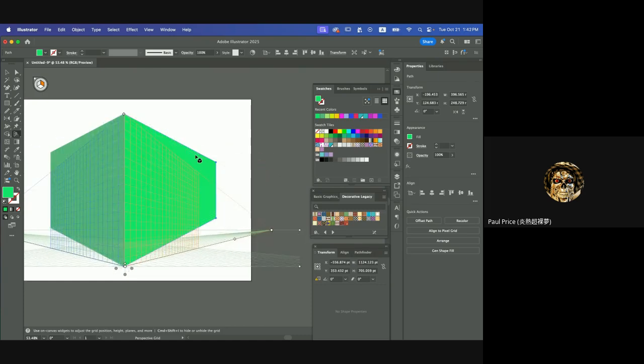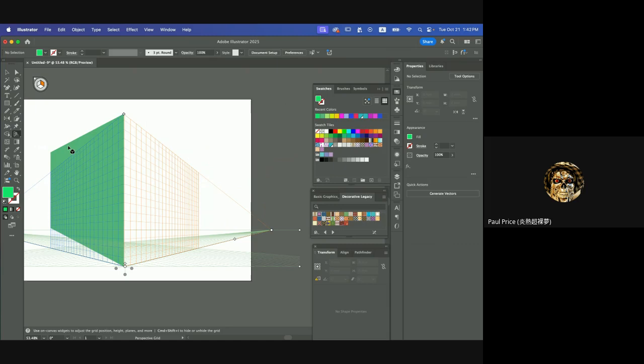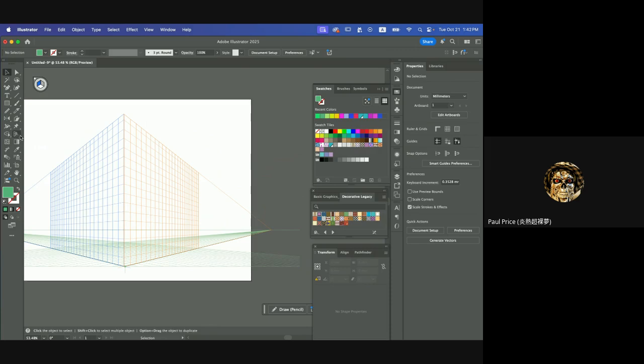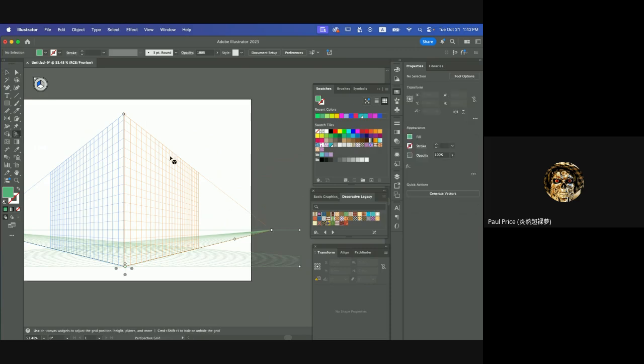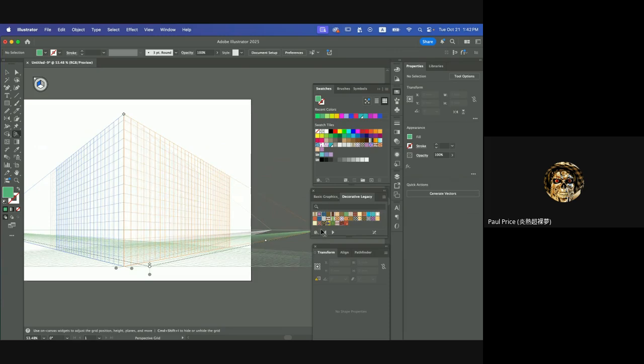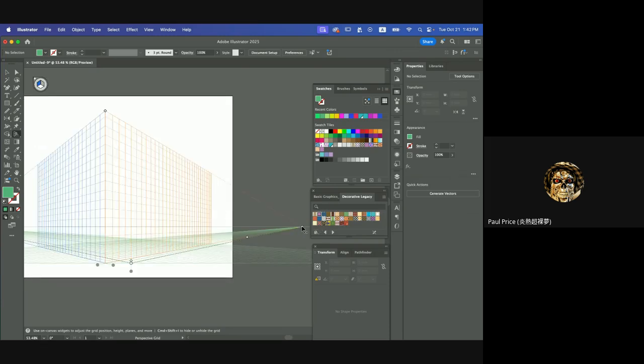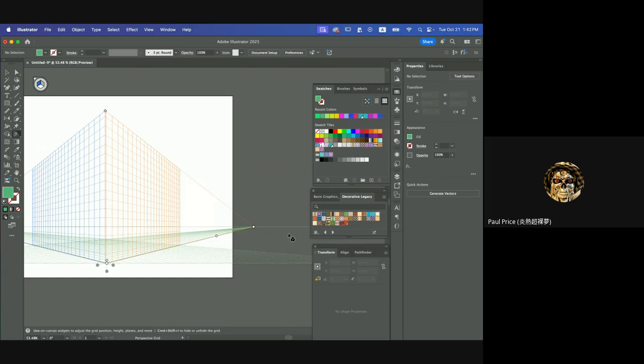Okay, if I want to cancel this, just to let you guys see what's going on. Okay, go back to perspective. You could actually extend the right side of the grid, or actually the vanishing point, I could lower,